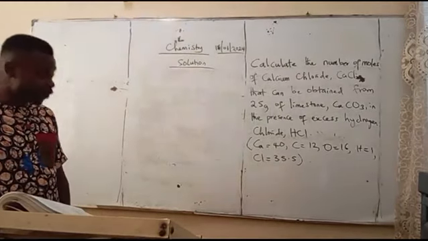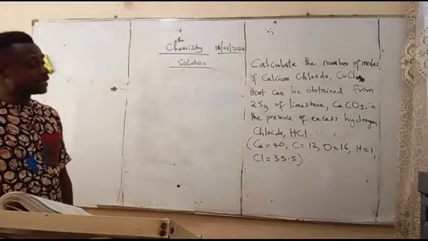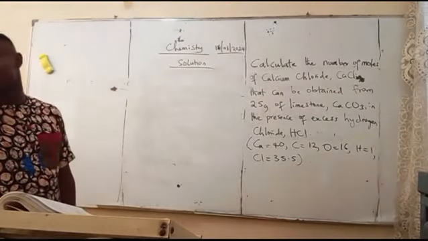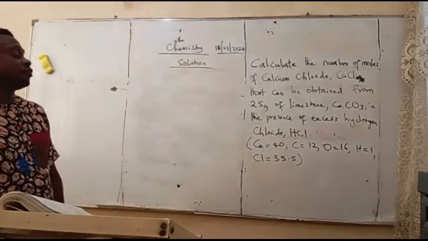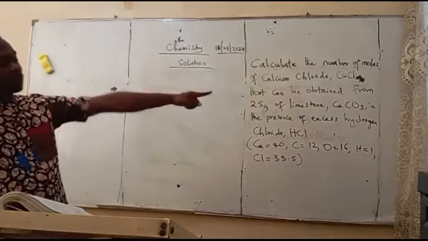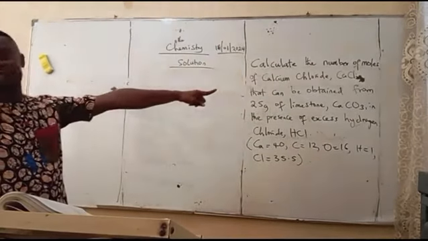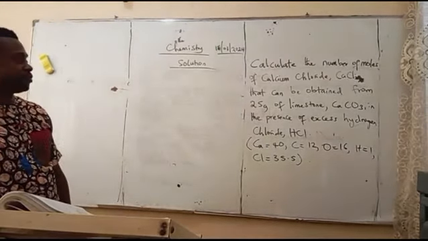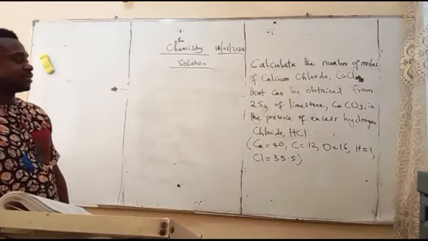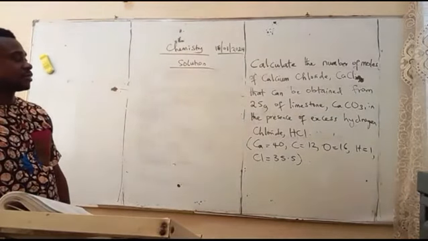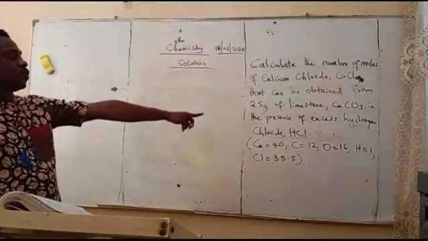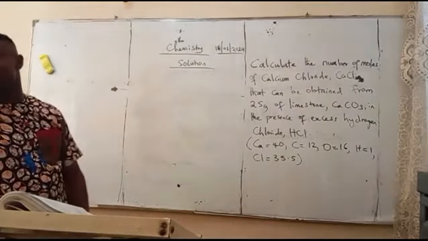So you must first of all get a balanced chemical equation of the reaction. Here we have limestone. Limestone is calcium carbonate, as you can see there, reacting with excess hydrogen chloride